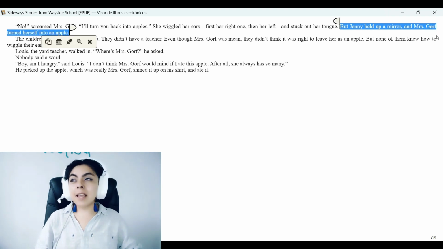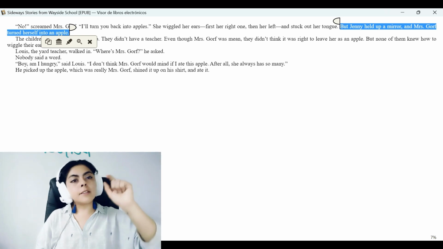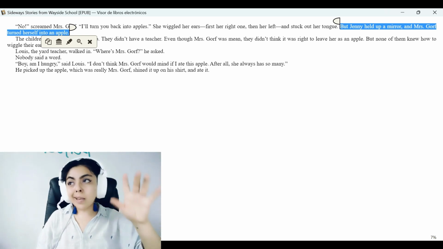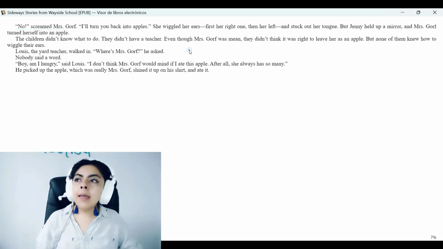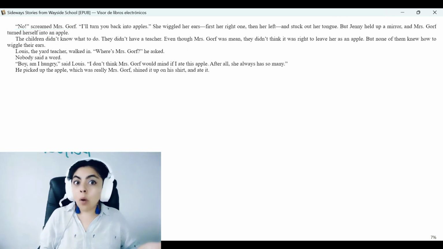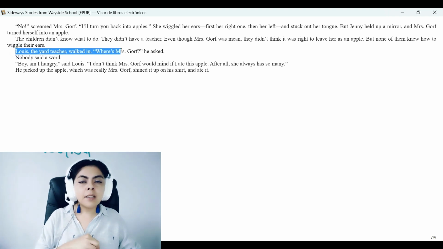So, as in an action movie, when she was about to transform her, another girl has a mirror, and the beam, the ray, went back to Mrs. Gorf. So, well, she is now an apple, and then it's like, then what? This was unexpected. And then it says that Louis, the art teacher, walked in, and then he says like,